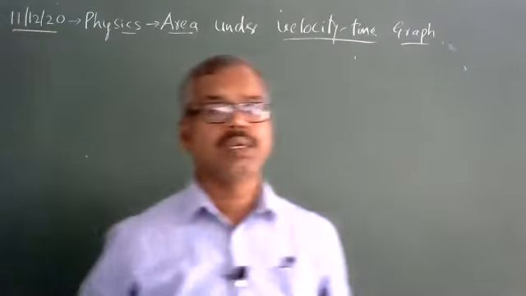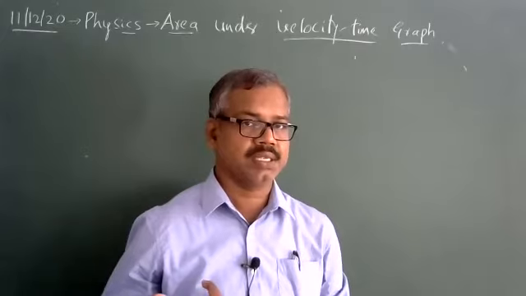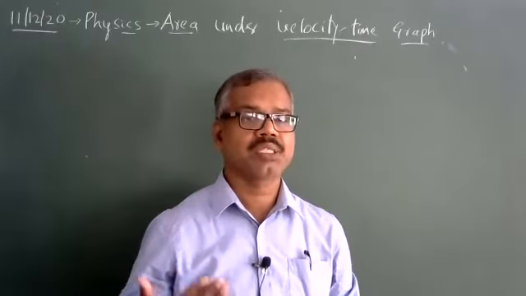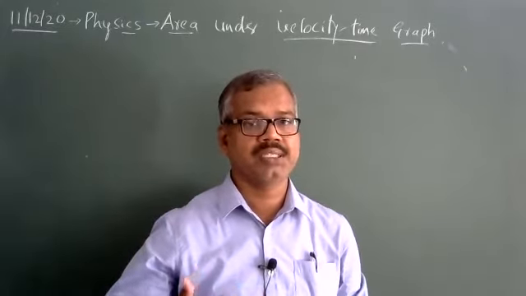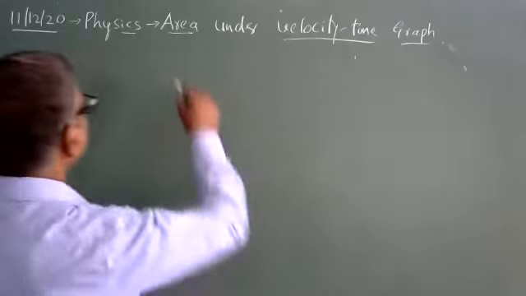In the last session, we learned that acceleration is a vector quantity like velocity. It can attain a positive value, positive acceleration, or zero acceleration. At the same time, we had velocity-time graphs with positive direction and negative acceleration. So that's all we discussed. Now in this session, I'll be talking about area.